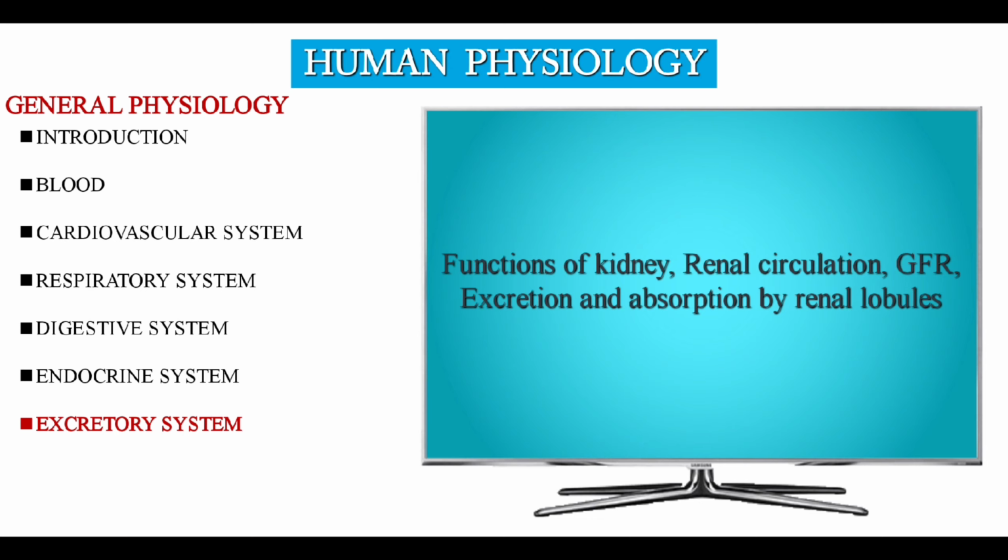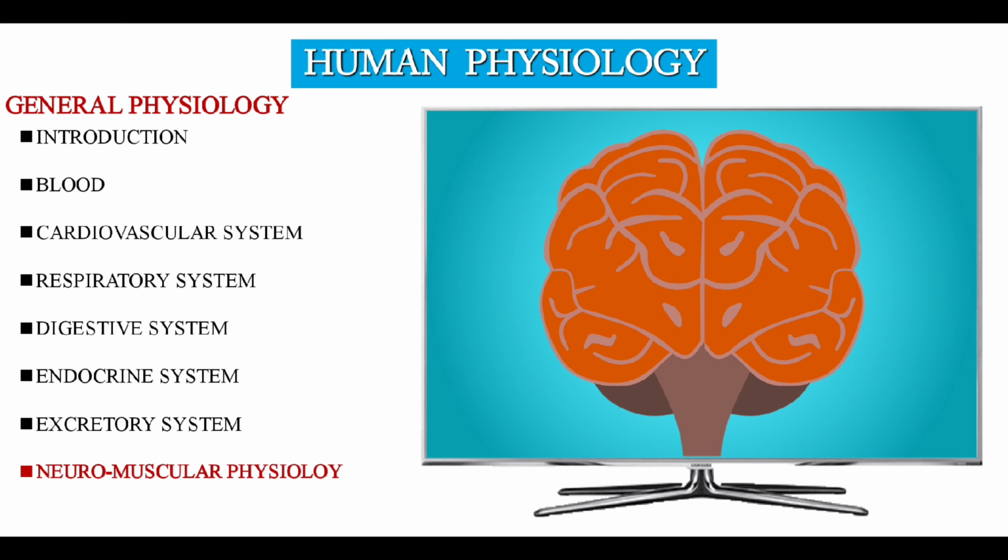And the last but not the least in physiology, neuromuscular physiology, in which we have to study types of muscles, microscopic structure of muscles, properties of muscles, comparison of various types of muscles, sarcomere, mechanism of muscular contraction, thermal and chemical changes during muscular contraction, Starling's law, isotonic, isometric contraction, chronaxie, rheobase, action potential, motor unit and its properties, clonus,